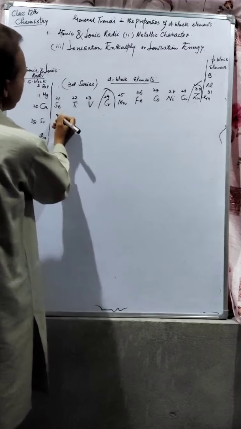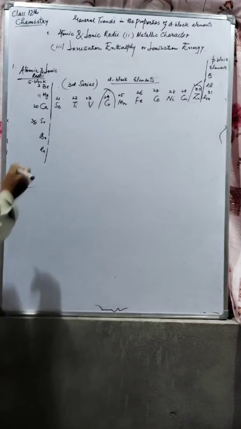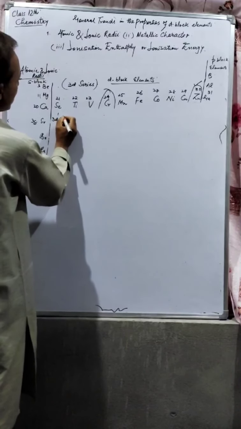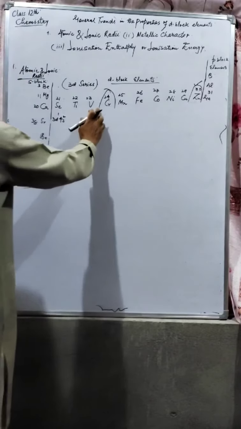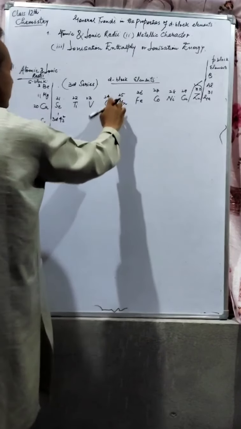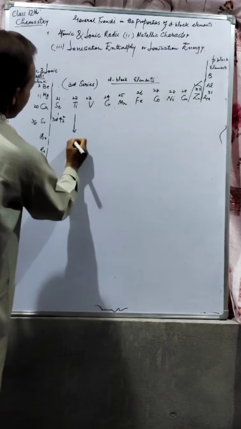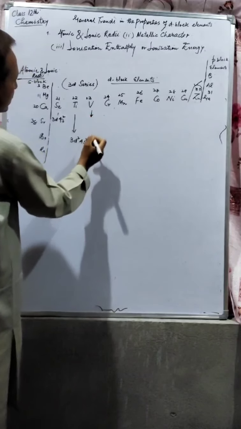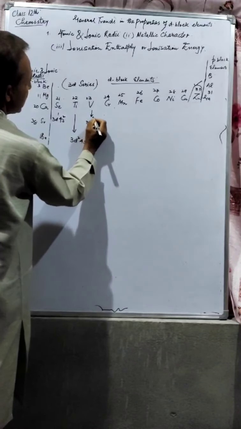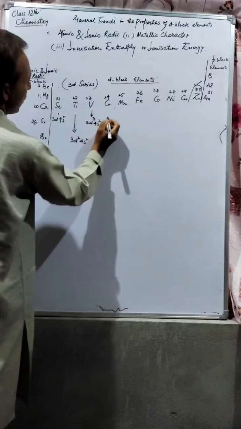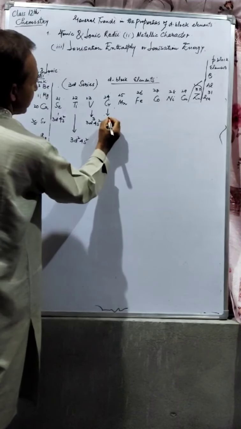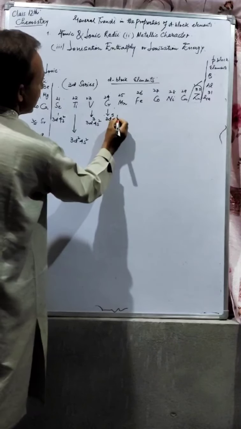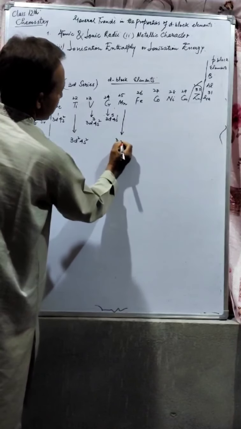Its outer shell electronic configuration is 3d1 4s2, just as we discussed in the previous lecture, and we have 3d2 4s2, 3d3 4s2, and chromium it is 3d5 4s1, and manganese it is 3d5